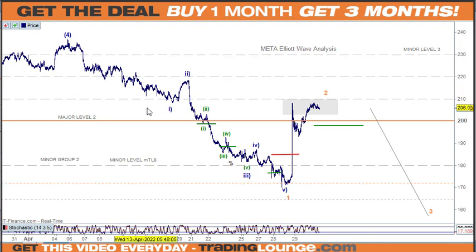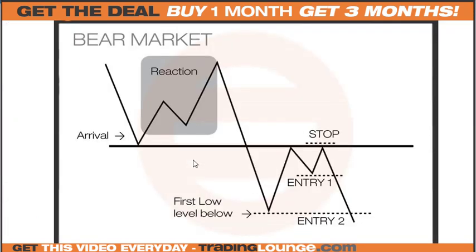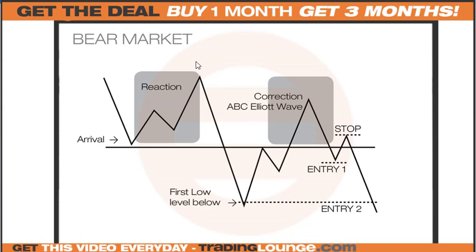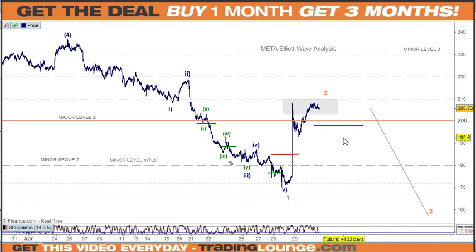I need to look at this as 1, 2, 3, 4, 5. I just mentioned the 50-60% retracement levels here. If we get a classic trading levels pattern, a bearish one on the downside here, we'll need to look at this as some sort of ABC pattern here. So hopefully we get something nice and clean like that across the major level. But it's either that or we get this one here which will come back through the level, come back up again and so on. But you need to be looking on the short side from that,